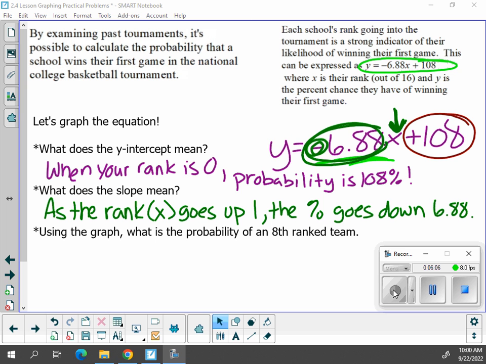So as our rank goes up, as our x value goes up by 1, then our percentage chance of winning goes down by 6.88. And every time we add another number to x, our probability is going to go down by 6.88%. And so if we wanted to find the probability of an 8th ranked team, I have